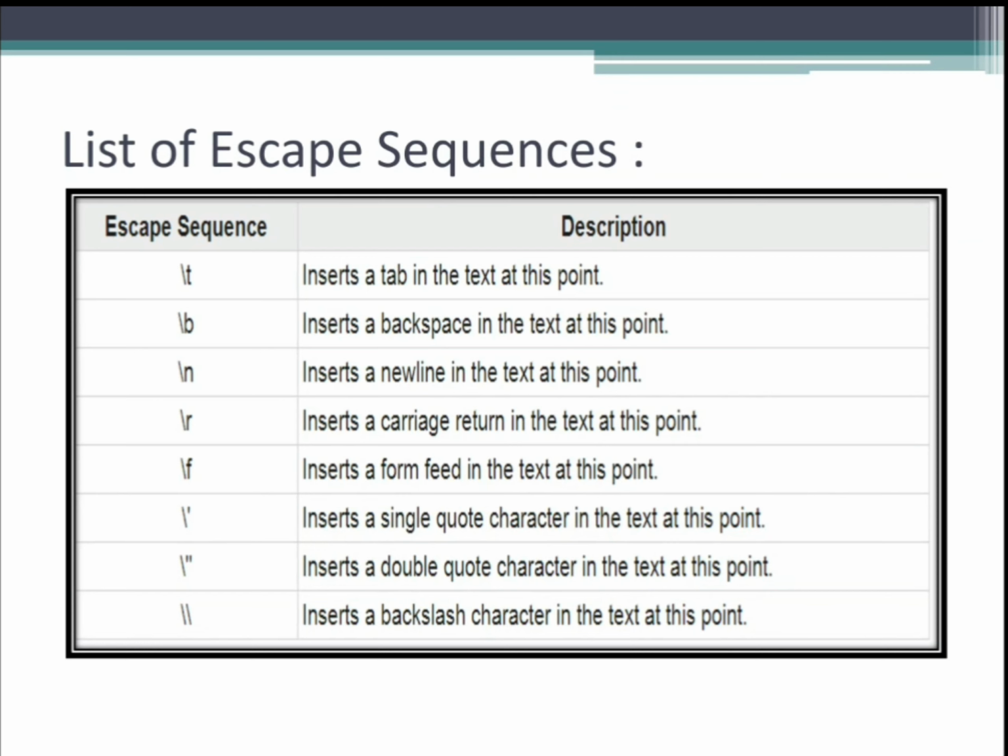If you want to display a backslash, then you have to write a double backslash, because the role of a backslash is to show that the character is an escape sequence. If you want a backslash to be displayed, then we have to put one more backslash, because the first backslash takes effect first, and then the second one is going to be visible in the terminal window. The first one ends the role of the backslash.